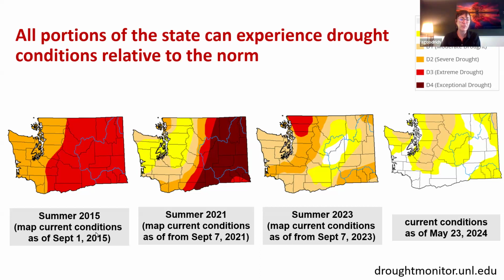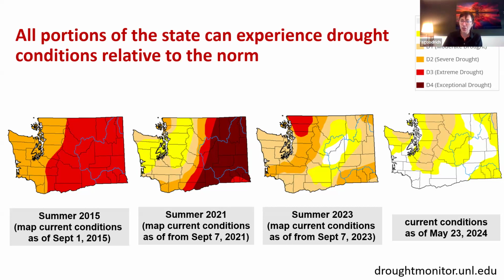So we have summer 2015 on the left. You can see we were split between a severe and an extreme drought across the state as of September 1st. Summer 2021 was that year with a lot of exceptional drought. It ranged from exceptional over on the east side and a little bit less severe as we got into the west side. Summer 2023, so when these current conditions were mapped in early September 2023, the east side